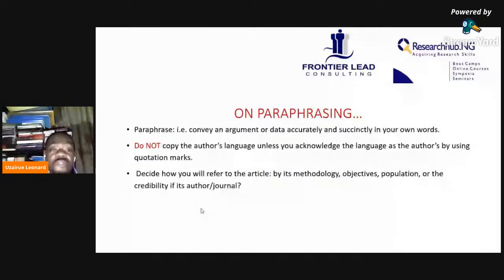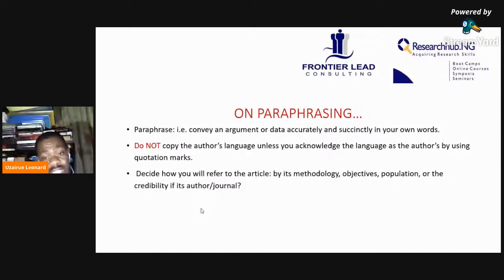Now, paraphrasing in your own words. So, for example, I say John is a good man. That's what the article said. I may want to paraphrase. I will say, okay, article so-and-so says that John is. I will look for another word, or another sentence,